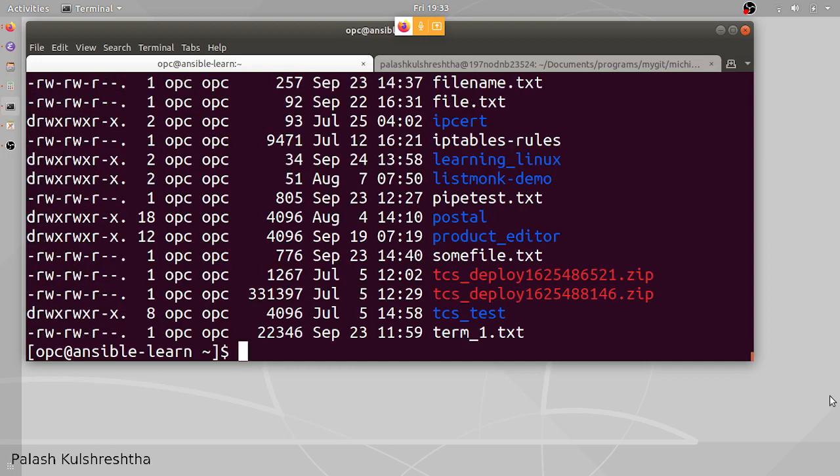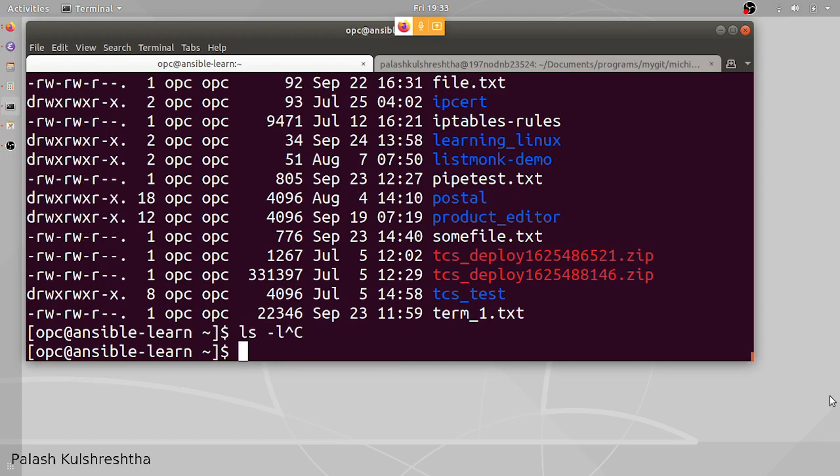So unlike normal Windows or normal GUI usage, in which when we remove a file it is moved to a recycle bin, when we are using the terminal, if we remove a particular file, if we do rm space file name, it is removed from the file system forever. There is no way to recover it. So that is one of the disadvantages of removing using rm, but it has its own upsides, because if we are using that command, it means that we are doing it intentionally. So rm space file name is the way to remove a file. Let's see how we can remove a folder.